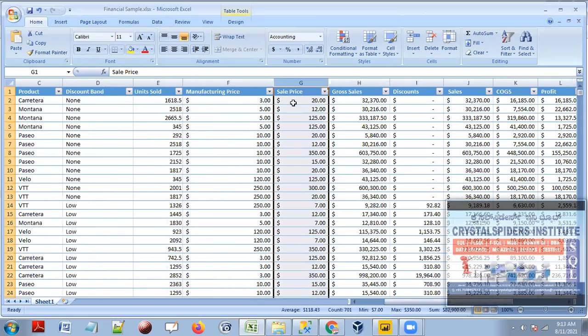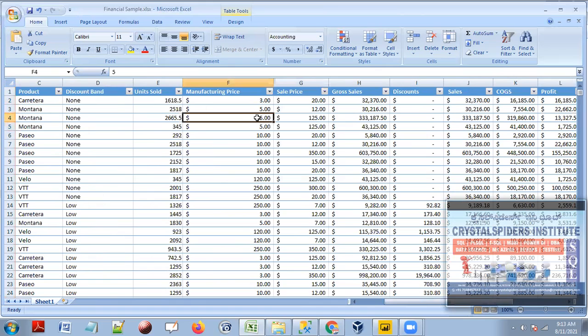The sale price means the price at which they started selling these products. You see that the manufacturing price is 5, but the sale price is 125. The additional is $120. And this is the gross sale. So these many products, each product costs 125, and this is the total.